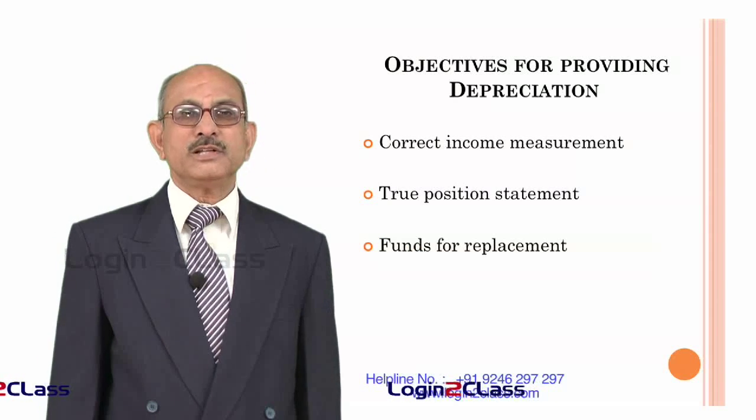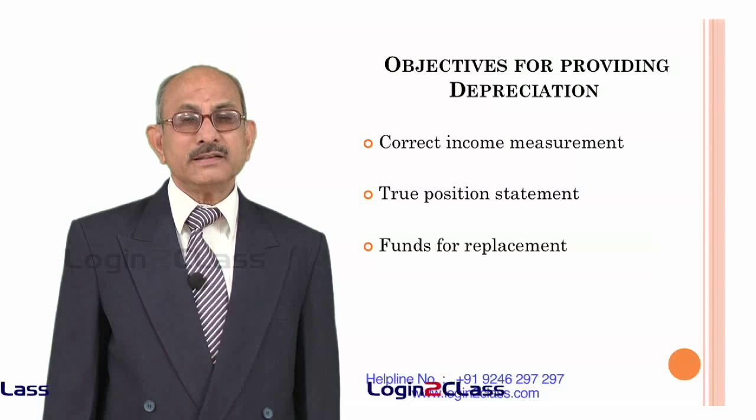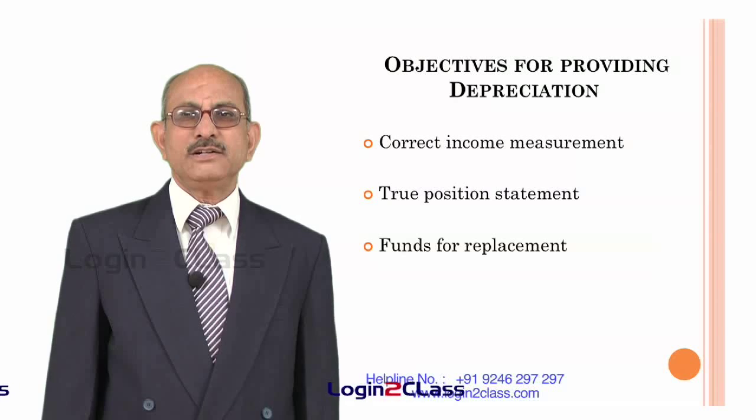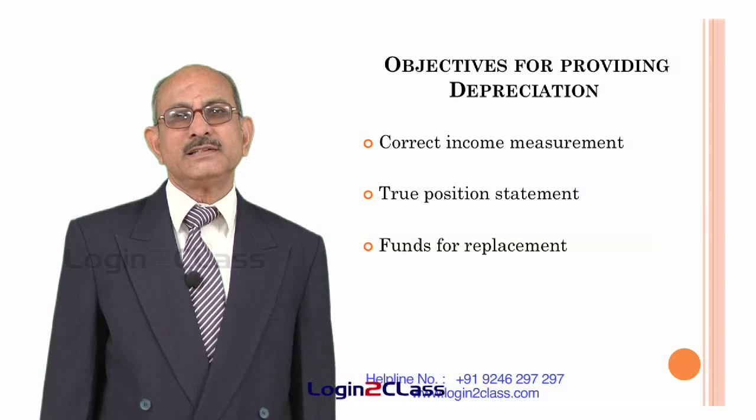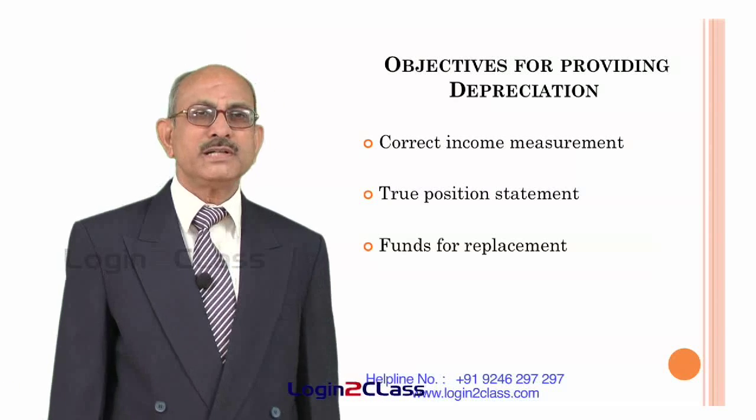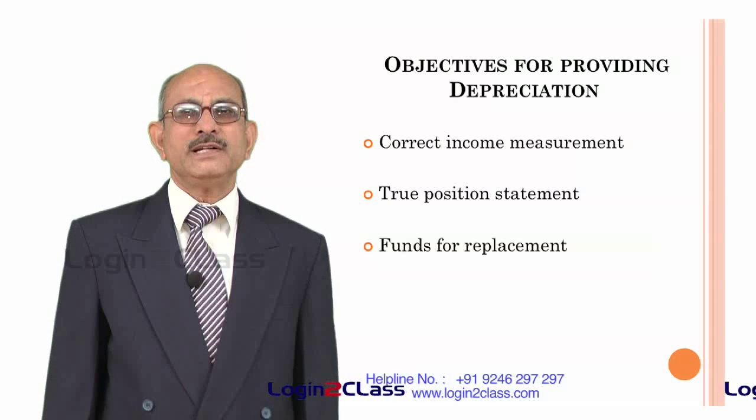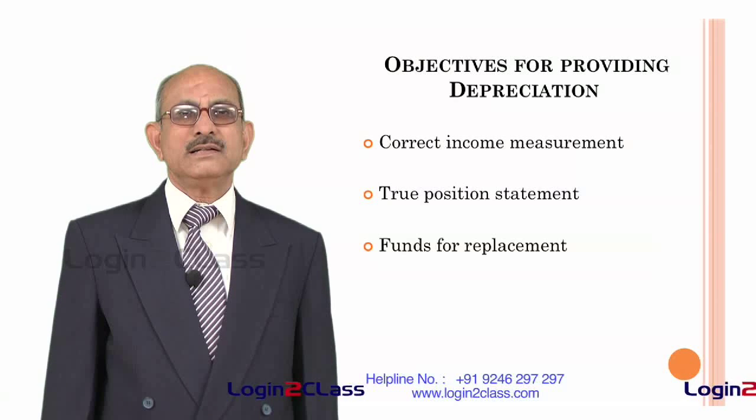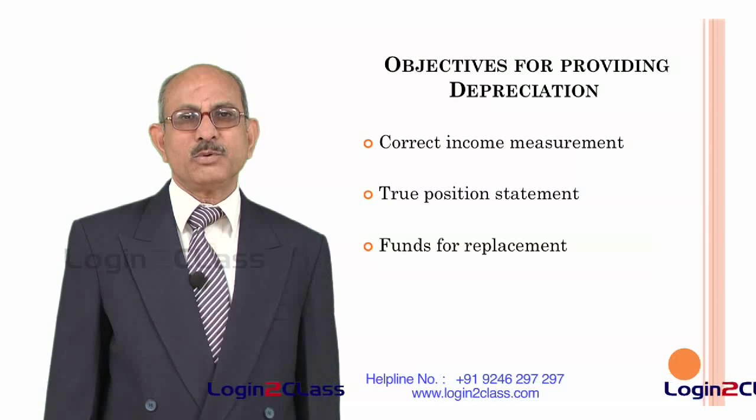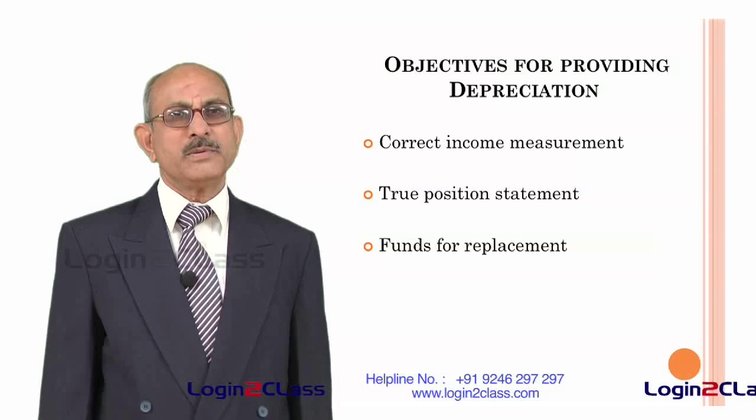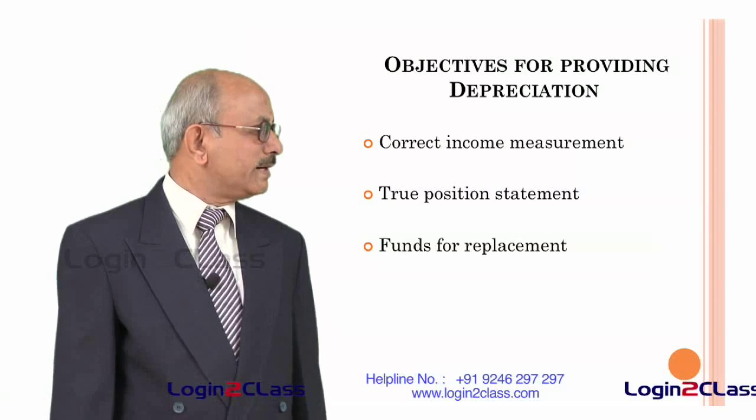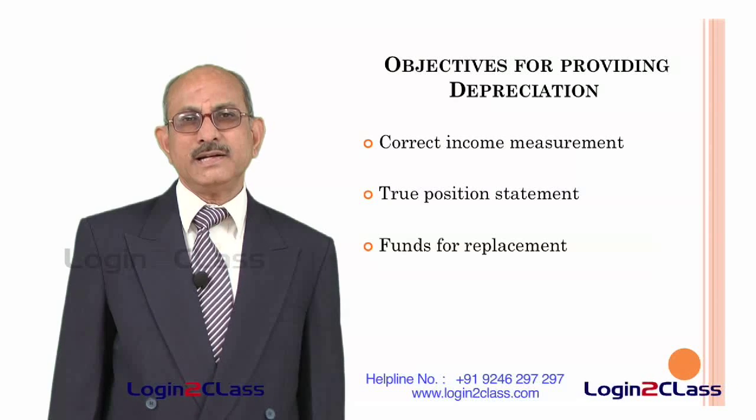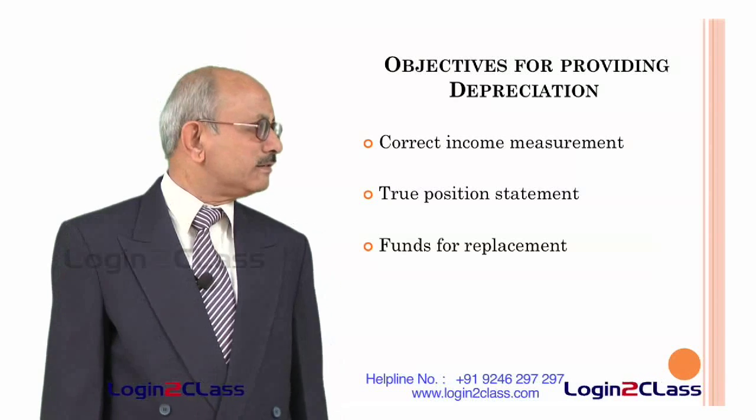Third is funds for replacement. Normally, since the depreciable assets have a limited useful life, the entity needs to provide for replacement of these assets at the end of the useful life of that particular asset. So, funds have to be earmarked, kept separately. So, this is treated as an expenditure and can be kept separately, provided for. Though normally it may not be kept separately, but at least it is provided for. So, funds for replacement of the assets after the end of their useful life is one of the objectives of